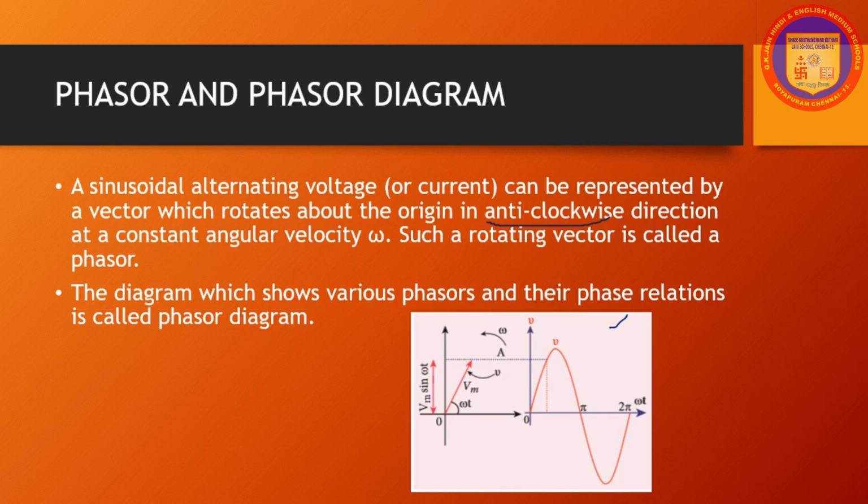Okay, so consider a sinusoidal alternating voltage V is equal to Vm sin omega t applied to the circuit. This voltage can be represented by a phasor, namely the OA vector. So it is shown in your diagram, right? So here the length of the OA vector equals the peak value Vm. The angle it makes with the x-axis gives the phase of the applied voltage. Along the y-axis, you get the instantaneous value at that instant. When OA rotates about O with angular velocity omega in anticlockwise direction, the waveform of the voltage is generated. For one full rotation of the OA vector, one cycle of voltage is produced.